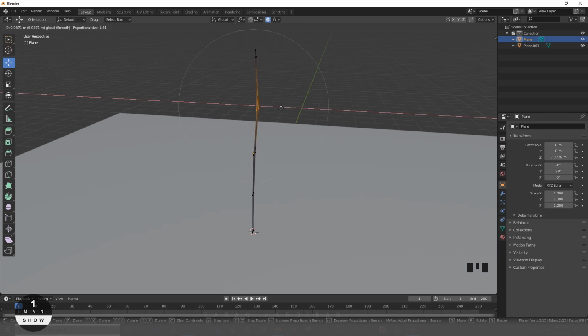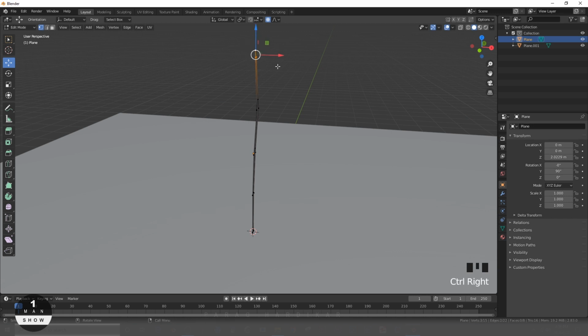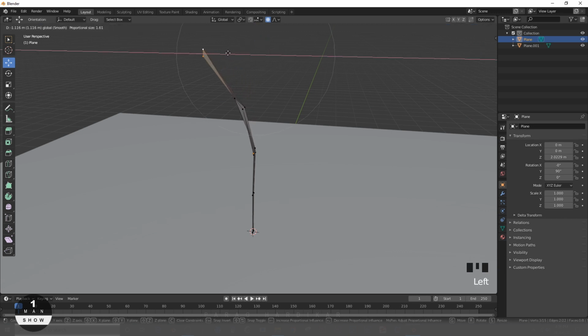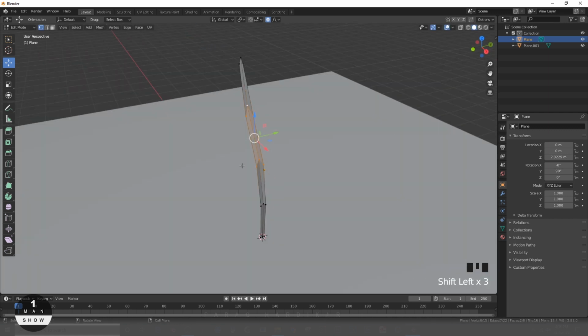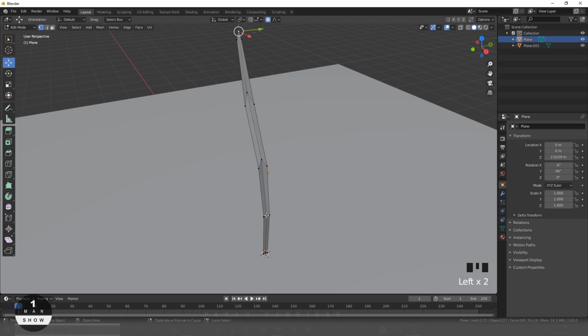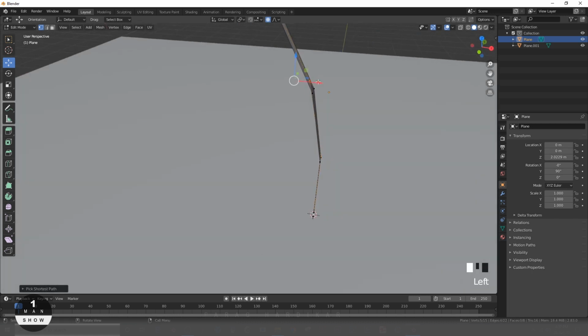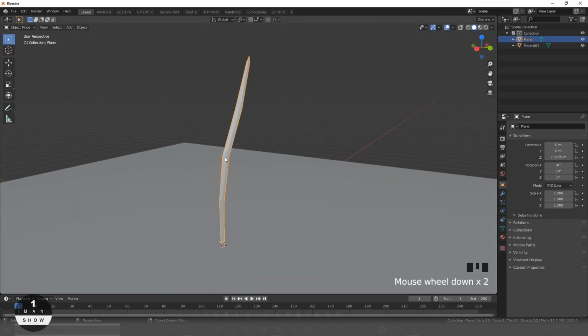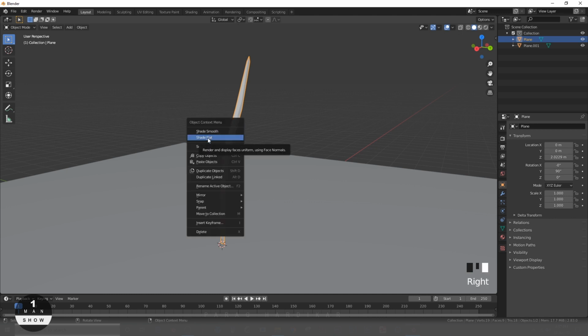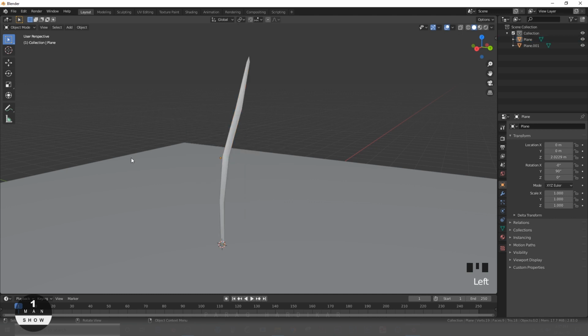What that circle does, it affects the area around. To get rid of that sharp look, select the object, right click and select shade smooth.